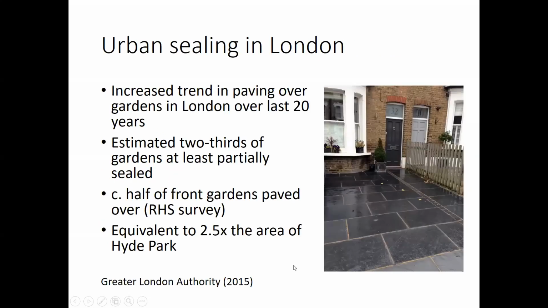But London's quite an extreme example, but this photograph illustrates it well. So you can see here what would have been a more permeable surface or a traditional front garden for a terraced house on this street in London has been paved over. It's very nice. I'm cautious to talk about this with geologists in the virtual room. Some sort of slate tiles, I presume, by the looks of things here, but not very good for channeling rainwater through into the ground, and this kind of human modification of the landscape.